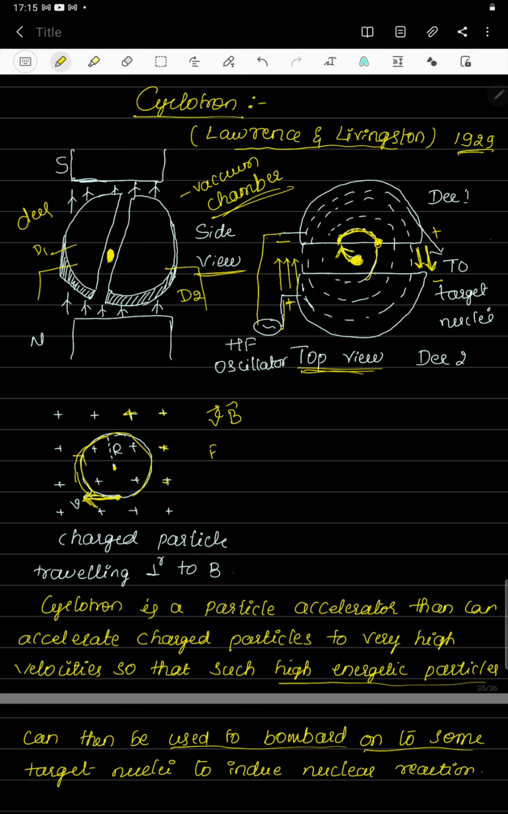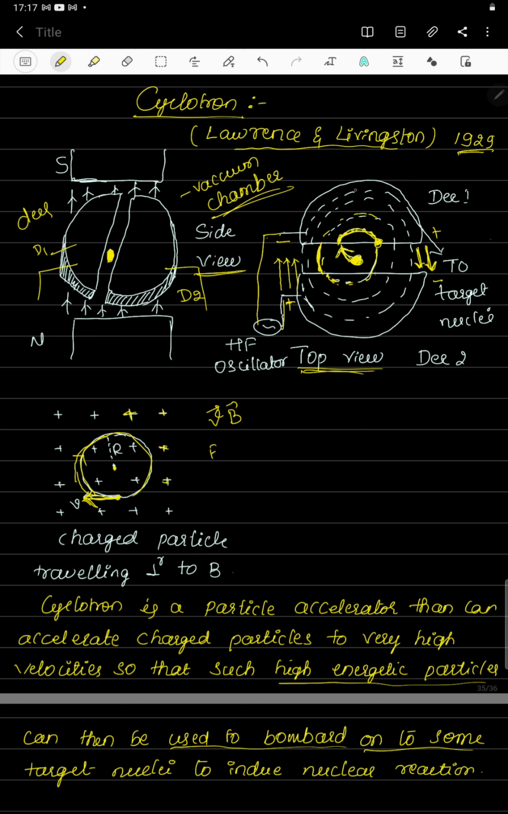Again it enters the second D, that is D2. As the charged particle enters D2, again inside the D it is going to move with constant velocity, because inside this D the electric potential will be 0. So here it moves with constant velocity, then it follows the semicircular path. Then again, when it is about to come out of D2, the polarity changes again. So in the gap, it will again be accelerated. The particle will be accelerated in between the gap of the two D's. Then again the